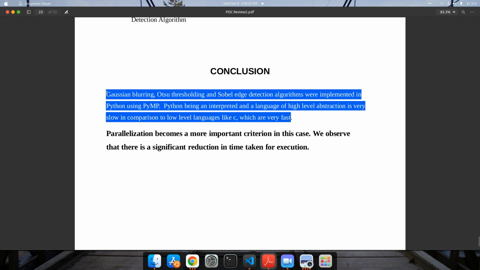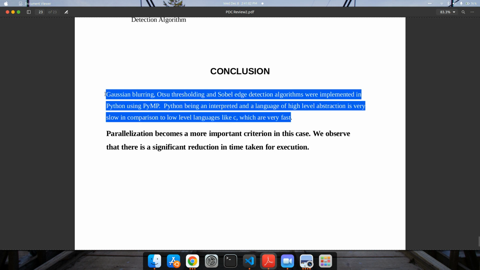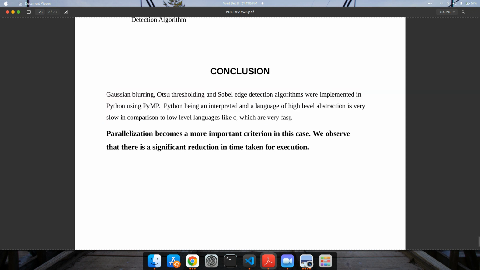I've also tried it in C, and it took more time and gave a lesser speedup in parallelization compared to serialization. When we check the speedup, in C it was giving lesser speedup than in Python. So that's all for today. Thank you.